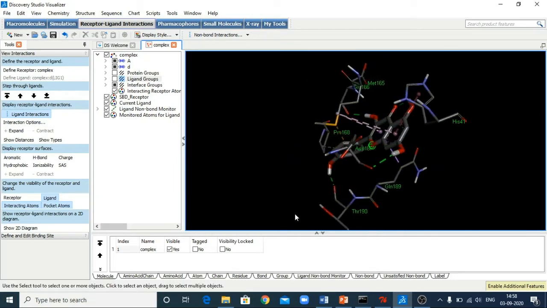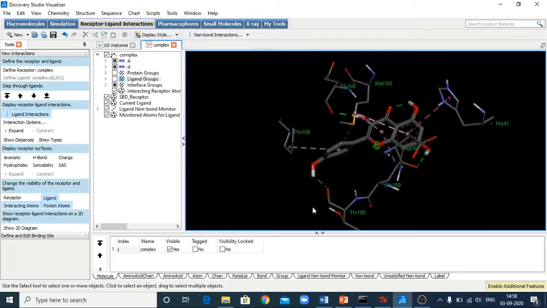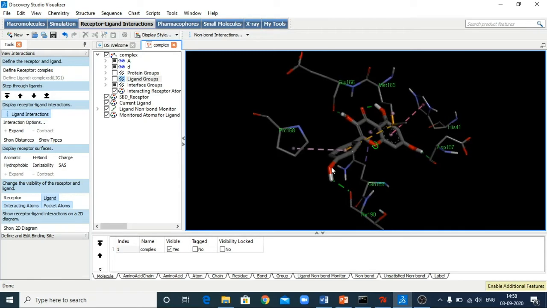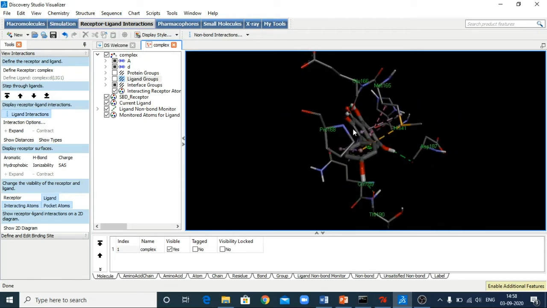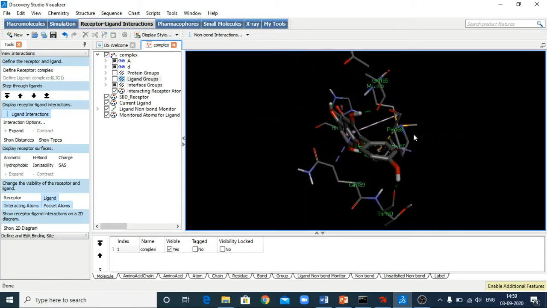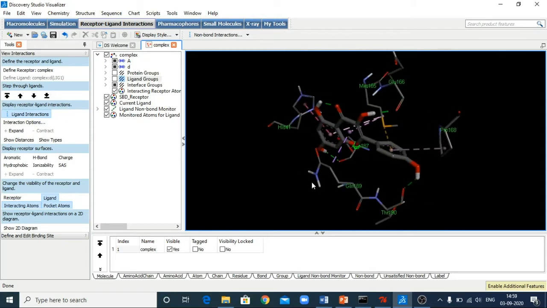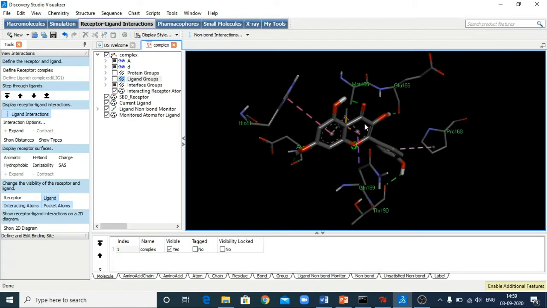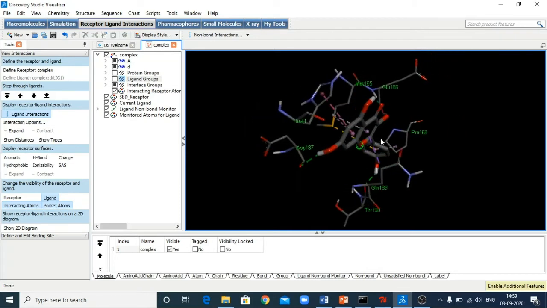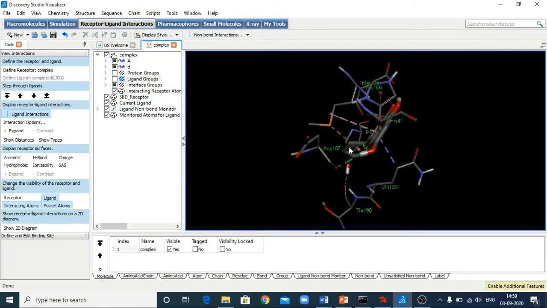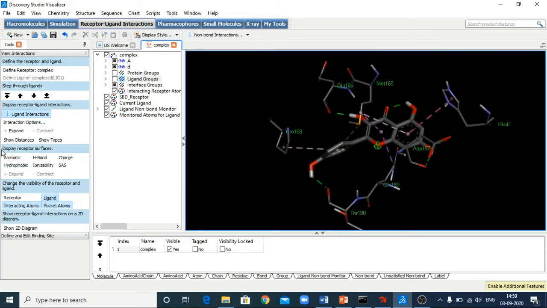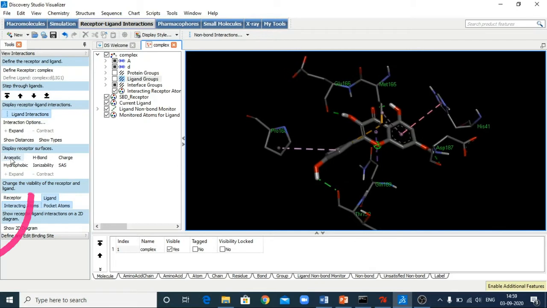So now you can see all the structures are given the color according to their elements. Like you can see the red color is for oxygen and this blue color is for nitrogen, this white color is for hydrogen, and this blackish or grayish color which you can see is the carbon backbone. You can see even different formats for this interaction just by clicking on this aromatic tab.